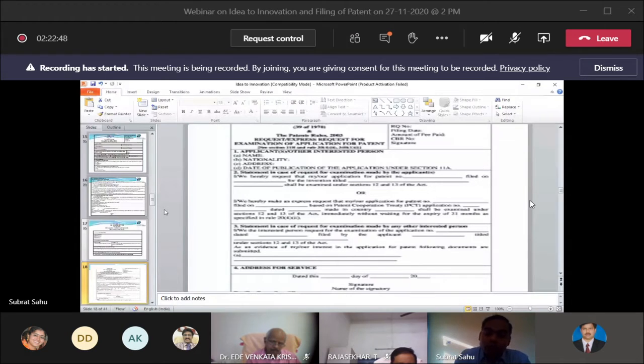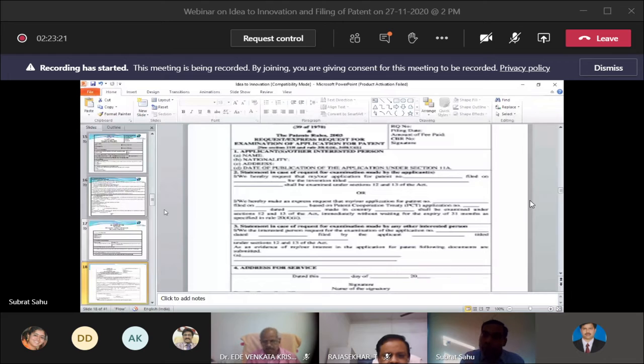Within 6 months, your FER gets recognized. You will get it from the Indian Patent Office, and within 7 to 8 months on record, you will get a patent. So, if you process through expedited examination by filing Form 18A along with Form 1, Form 2, Form 3, Form 5 and Form 9, you get a patent of your product or process within 6 to 7 months.